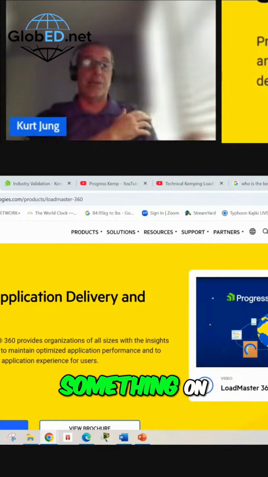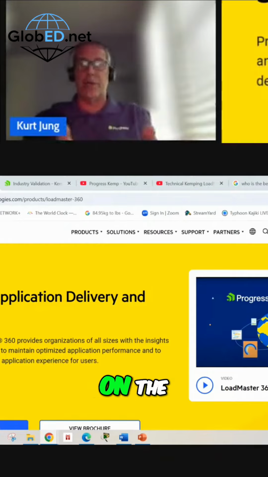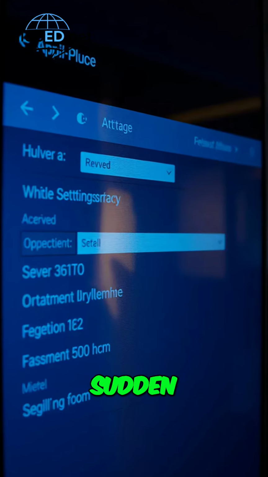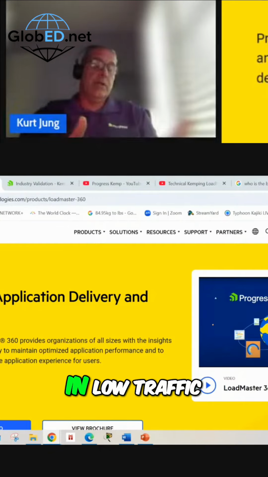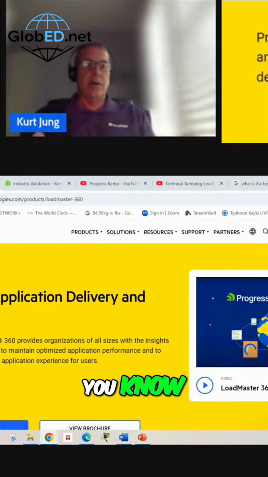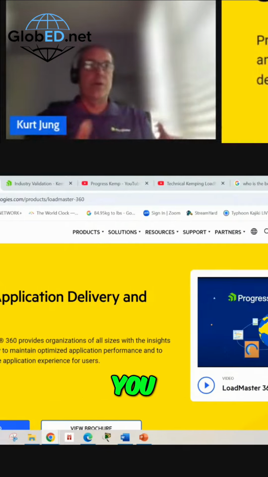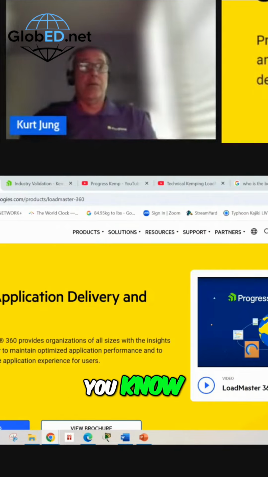The network team changed something on the firewall, didn't notify, didn't think about what that effect would be on the application and the load balancer because of this persistent setting, and all of a sudden now you have all the traffic going to one, and maybe in low traffic time it's not a problem. 6 months down the road, it's Cyber Monday. Now the entire site crashes because